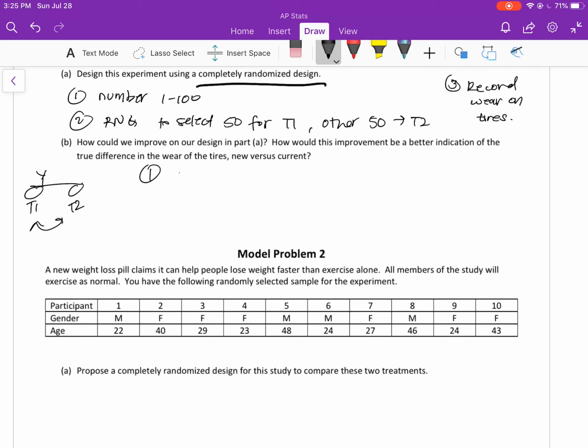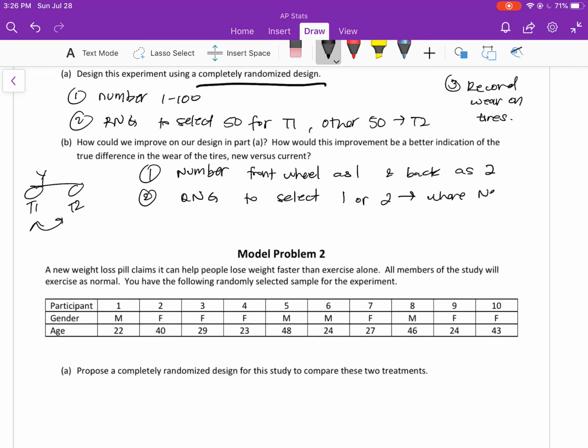So 1 is number the front wheel as 1 and back as 2, using a random number generator to select 1 or 2, and this will be where the new tire goes. And then 3, measure wear, and compare